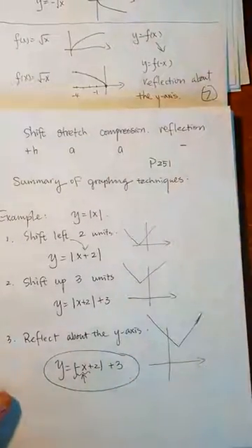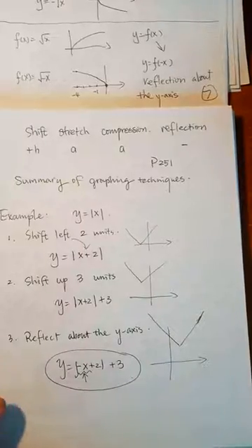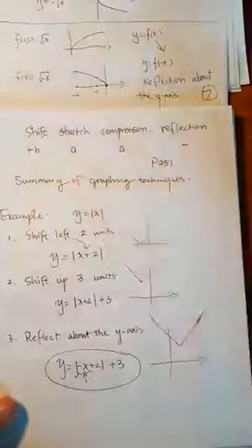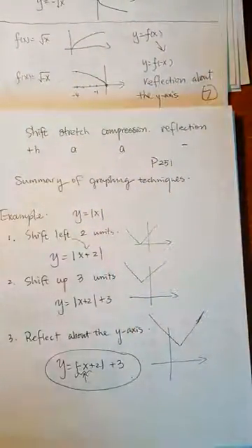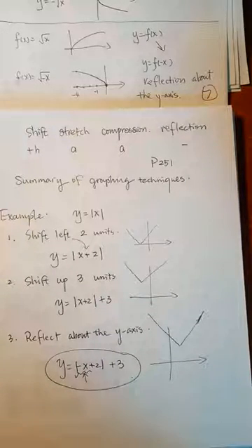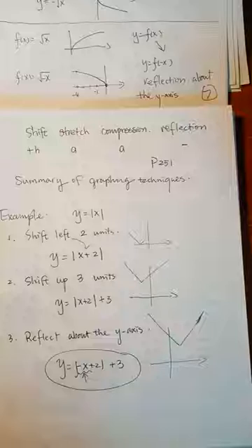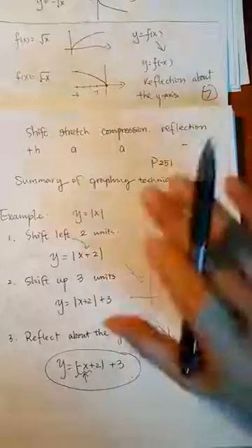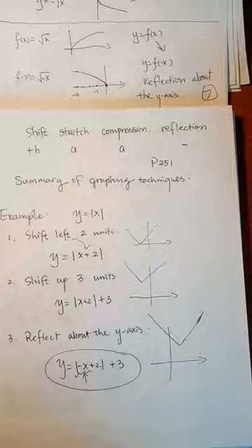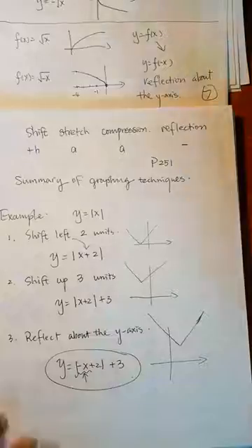Okay, so this section is very short and compact. It contains 4 different things: shift, stretch, compression, reflection. And they are all related to the addition, subtraction, and the multiplication by a number, either positive, negative, greater than 1 or less than 1. So you have to really do the exercise and get the correspondence about the addition, subtraction, greater than 1 or less than 1 part. So there's no easy way to memorize all of them. You just do the practice and you will get the feeling. Okay? So that's the section